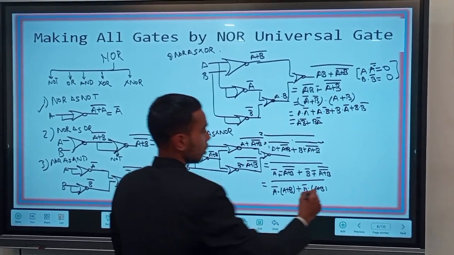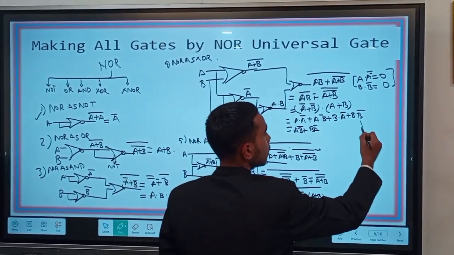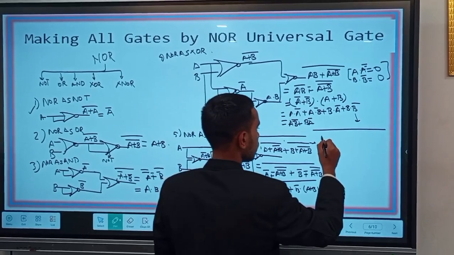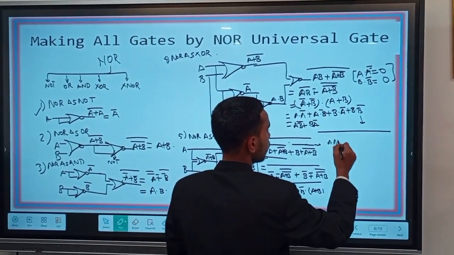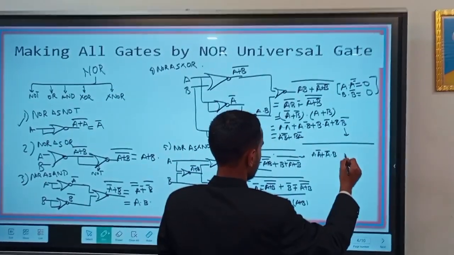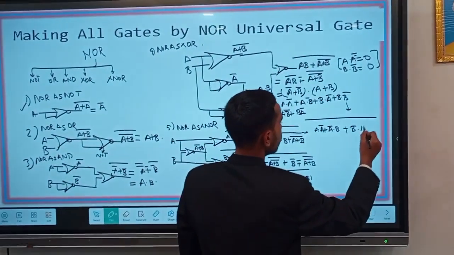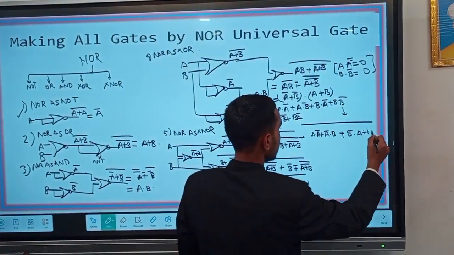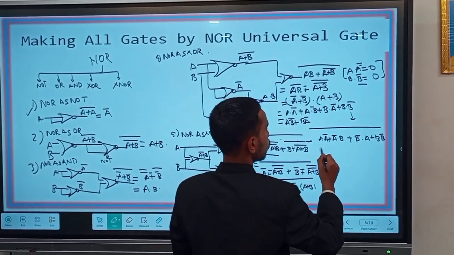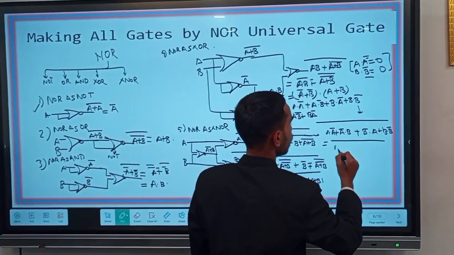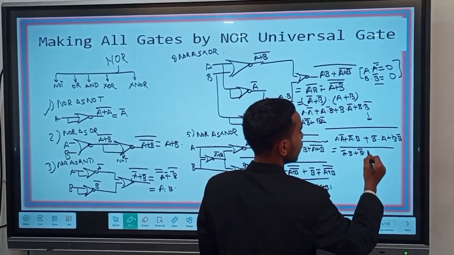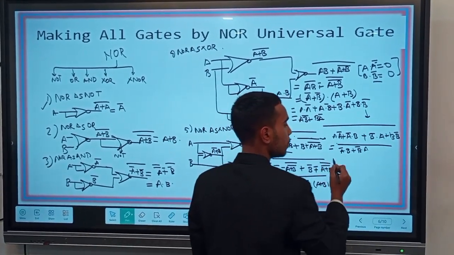Okay. Now I am going to solve it from here. Kindly see it. Okay. A into A complement. Write it A into A complement plus A complement into B plus B complement into A plus B into B complement. Now we are going to apply this one. So we are going to be left with A complement into B plus B complement into A. Now we are going to simplify it.